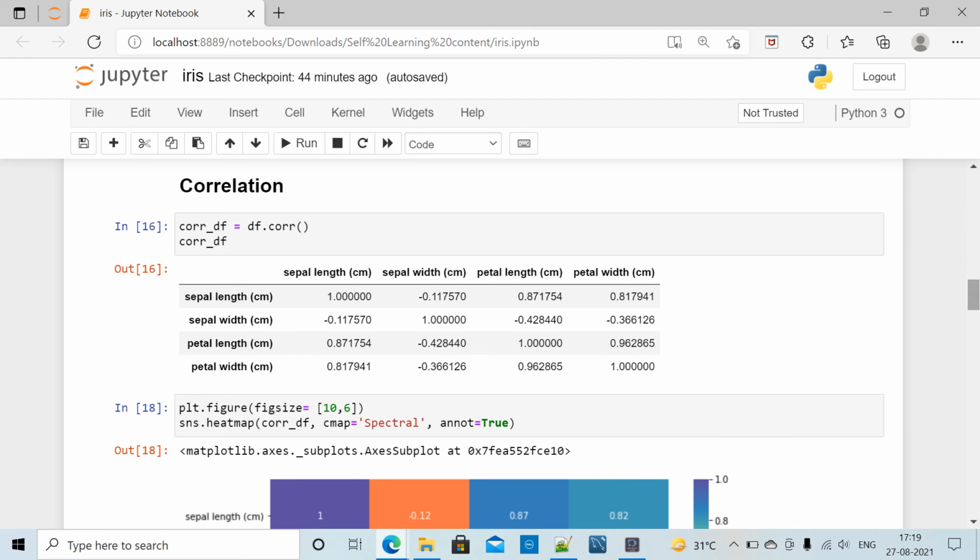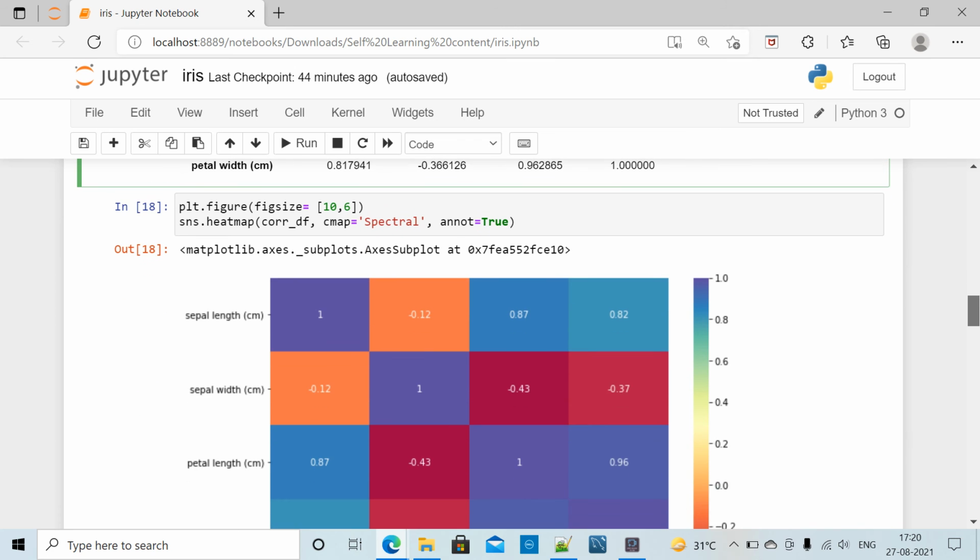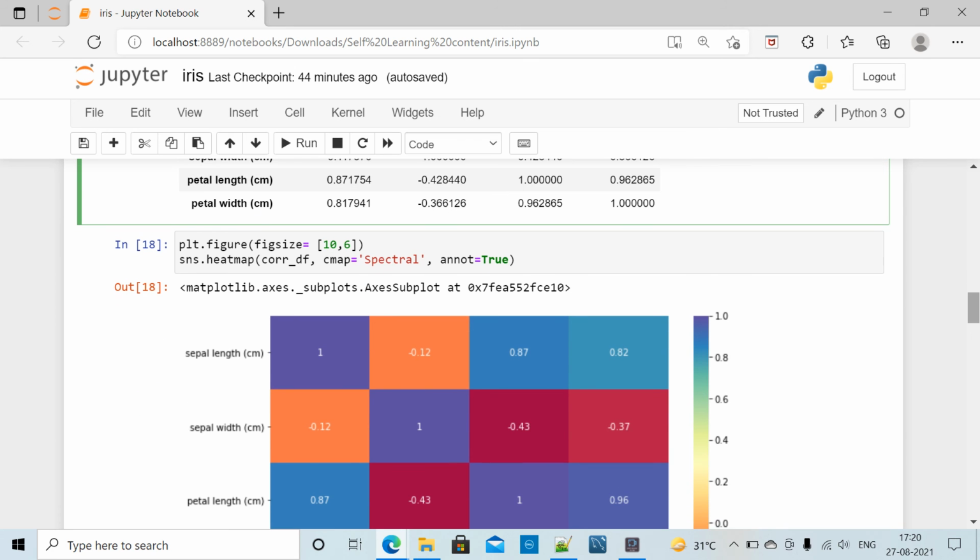Then we have used correlation, using the function .corr(), which gives the correlation of our data. Then we are trying to draw insights from the data using graphs.